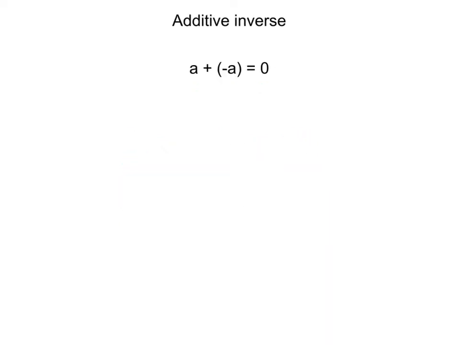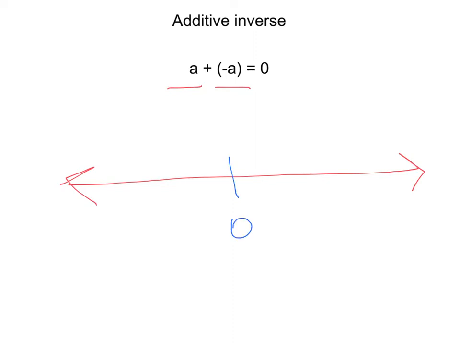The additive inverse, and we reflect back to the definition, and the definition was a number and its opposite are additive inverses of each other. So positive a plus a negative a equals 0. So I think the easiest way to look at this one is to look at a number line. So if we have our number line and we have our 0, if we have a positive 3, so 1, 2, 3 is here. Now if we add a negative 3, so if our problem was like this, 3 plus negative 3,